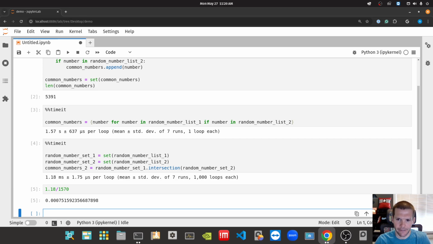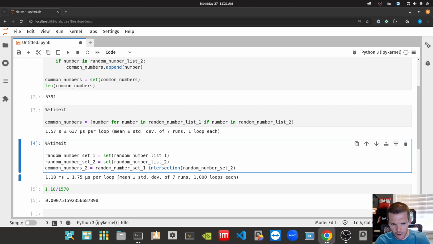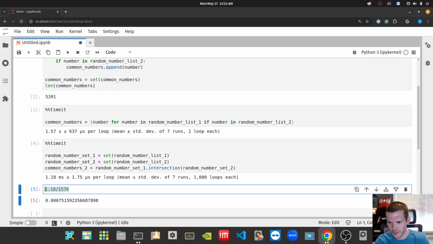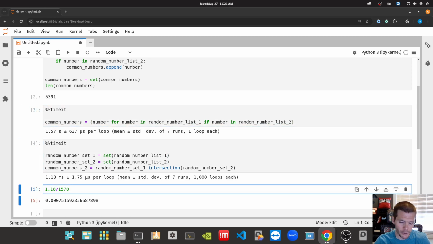So that's significant, right? I see a lot of times people are doing loops where they're having to do this multiple times and they're checking for common elements. And this can literally be the difference between your loops taking days to run versus taking minutes or even seconds to run. So this is a big one, right? Not a lot of people realize. And again, it goes to this notion of, historically, and I think this is becoming much less the case as the core developers work to speed things up,